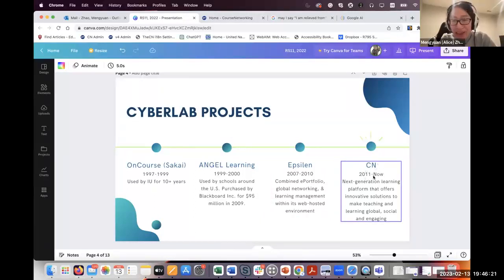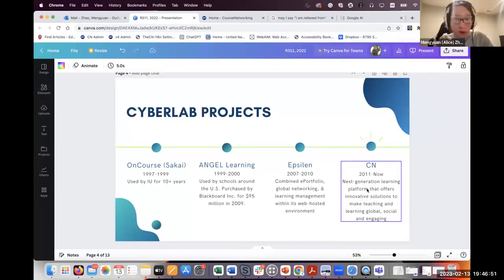And Course Networking is our current project. It started in 2011 with seed funding from Indiana University. You can see we have been working on this platform for over a decade now. It's a social learning platform, an academic social networking platform that is a social learning management system, and I will get into the details in a little bit.